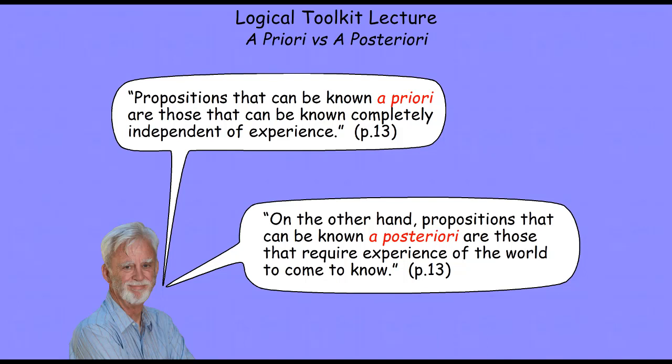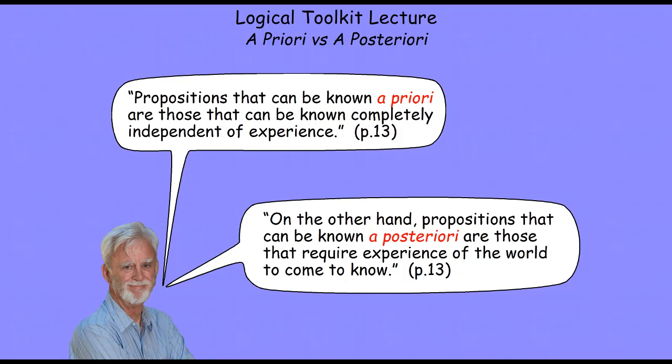posterior to experience. So you can come to know that 7 equals 7 independent of experience. You don't have to experience a bunch of 7s to know this conceptual truth. Just like you don't have to experience a bunch of triangles to figure out that a 3-sided enclosed planar figure will be a triangle. On the other hand, a posteriori truths that you can only come to know after or through experience, involve